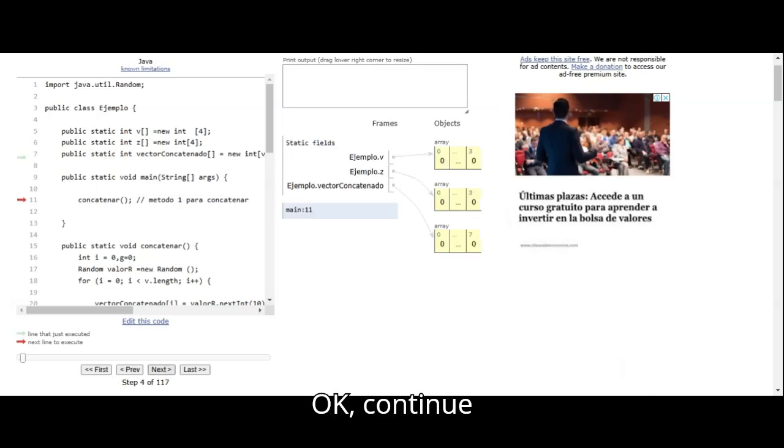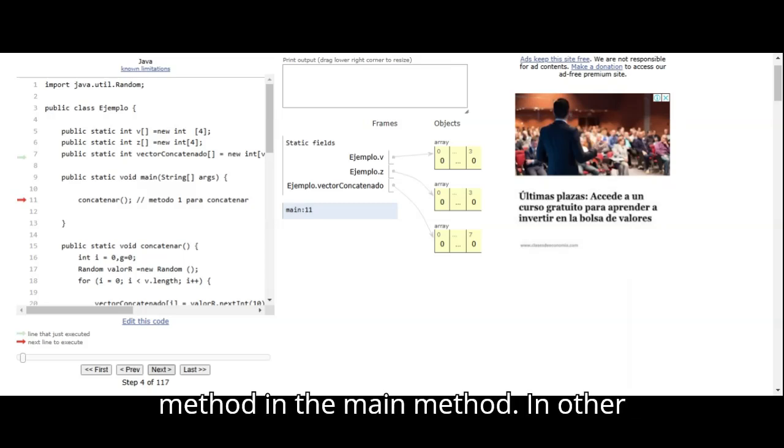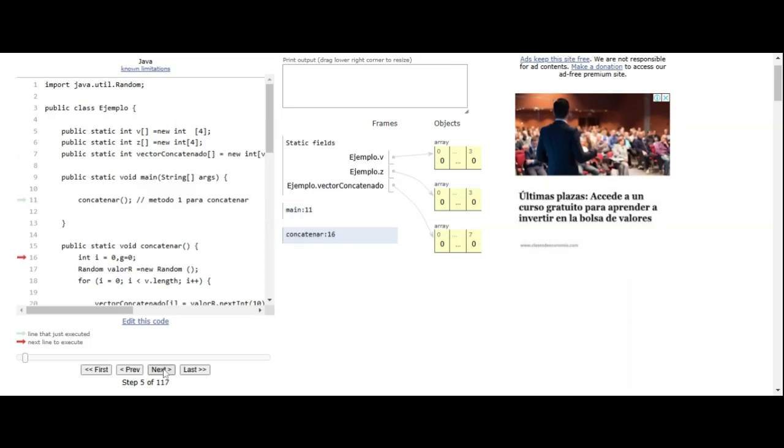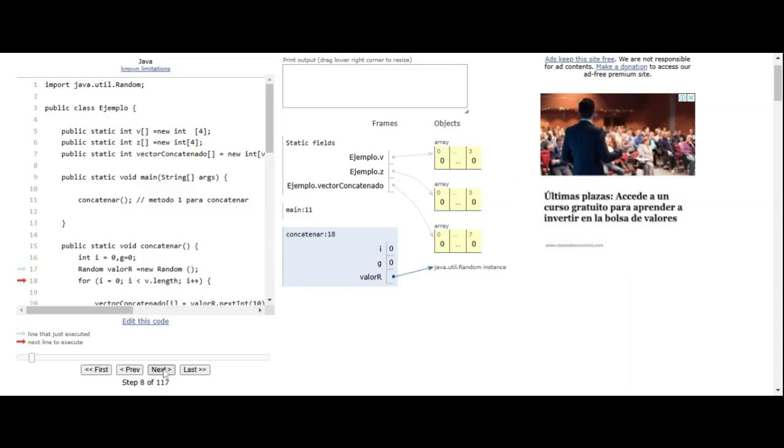Okay, continue with the next line. It executes the invocation of the concatenate method in the main method. Afterwards, in this concatenate method at line 16, it creates the variables A and G, declaring them at 0. Then it declares the variable value R, instancing it from the random library here. Okay, execute the line